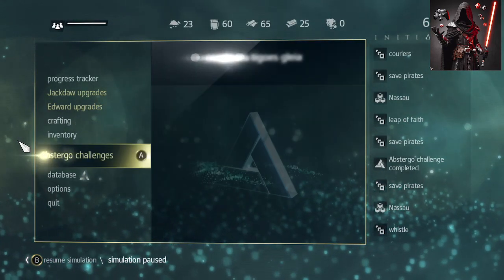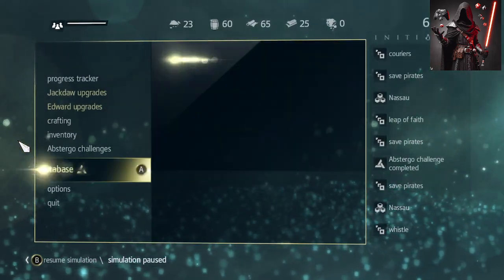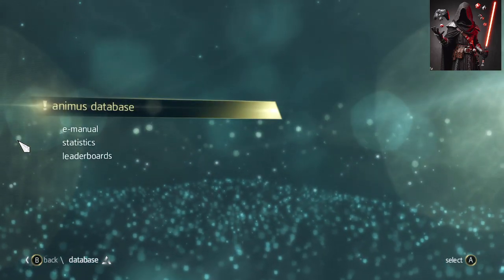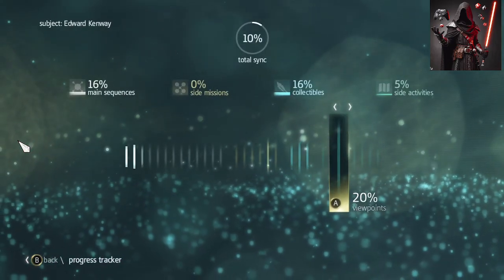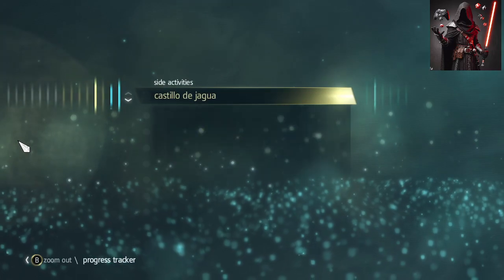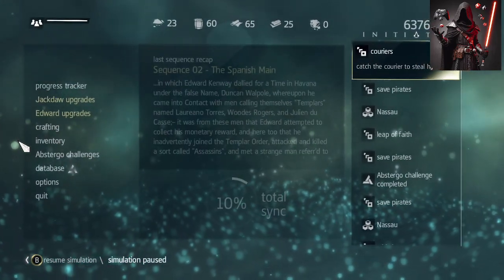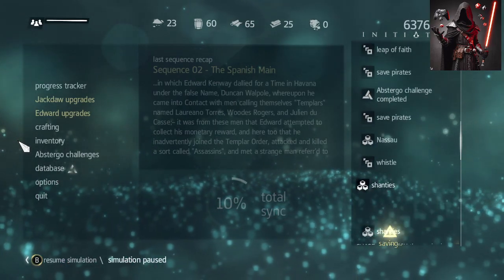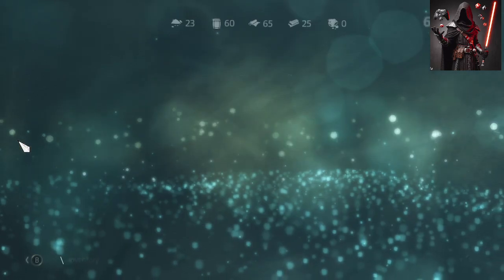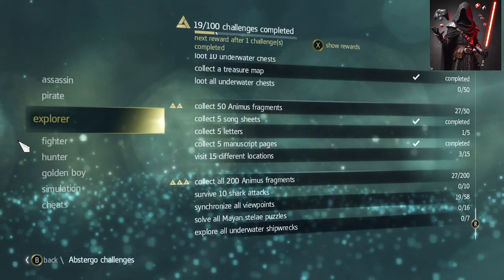But yeah, like collecting, here we go, exploration. Hold on, where is it? Would it be under database? This database. I'm trying to remember where it is. Oh, progress tracker. Collectibles. Yeah. Basically, animus fragments only really relate to... Let's see. I'm trying to locate them. Yeah, I can't really find it. But basically, data fragments, their only real purpose is to...